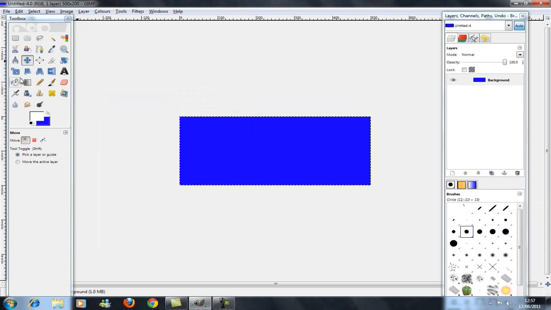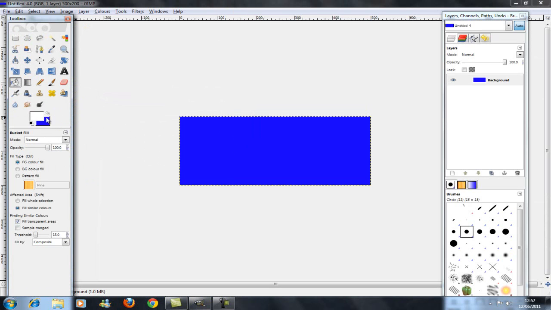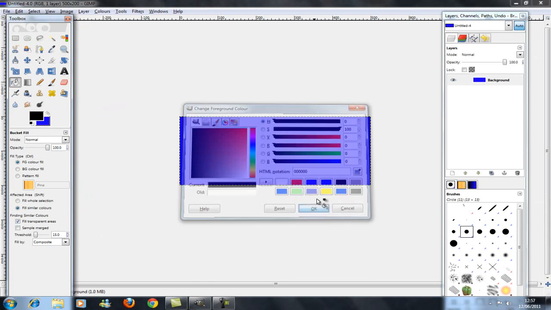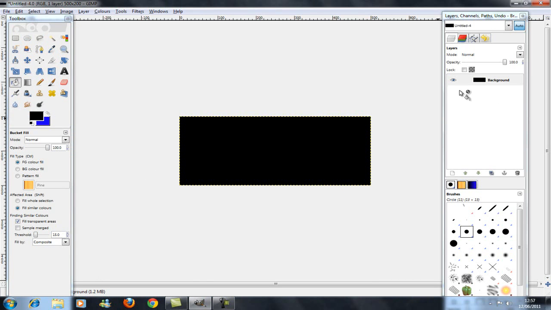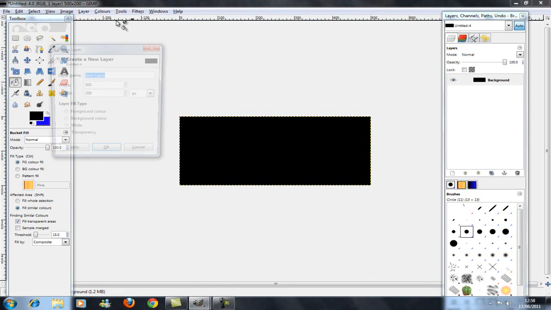First of all, I will colour this a different colour from blue. I'll make it black. As you can see, it's now black. I want to create a new layer,